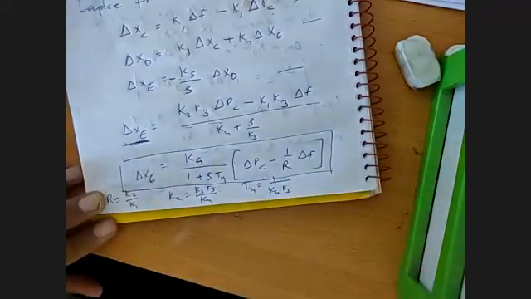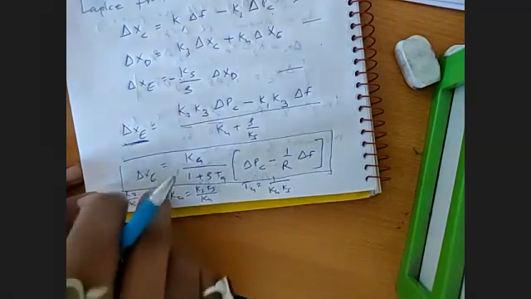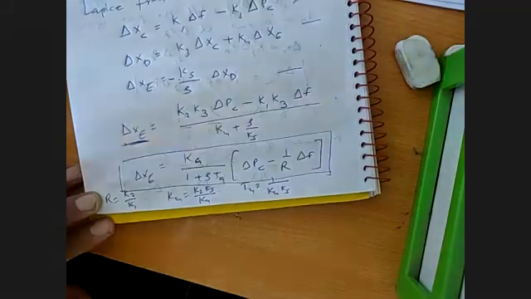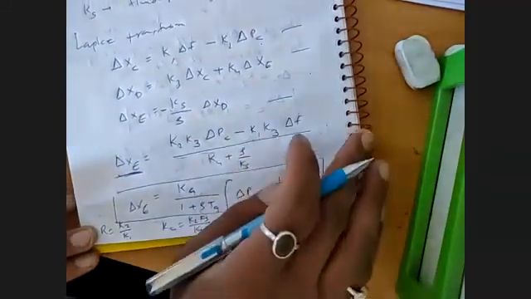So now in the next class we will draw the block diagram for this delta XE. It will be simply